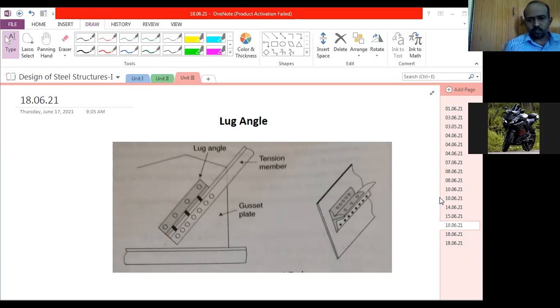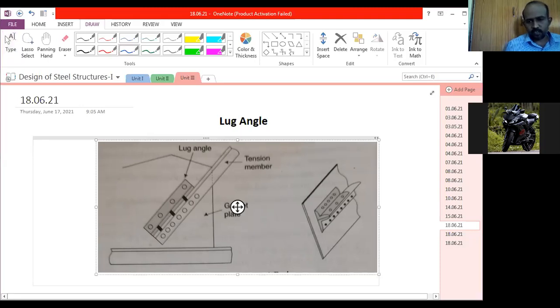Right. So please make a note of this. This leg angle. There's enough leg angle, right? So this is the last portion of your Unit 3. This class as well as the next class we are planning to discuss this leg angle, and your entire third unit will be completed, and we shall move on to the fourth unit, design of compression member, probably from Monday onwards. Am I right? So now we will start our discussion.